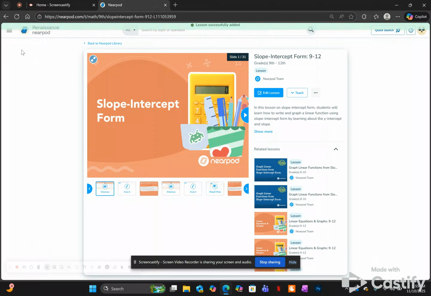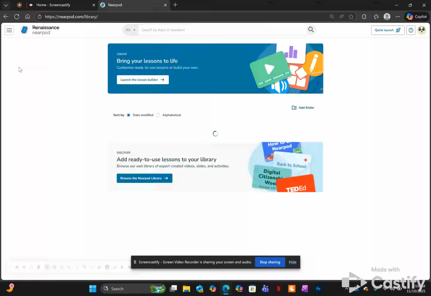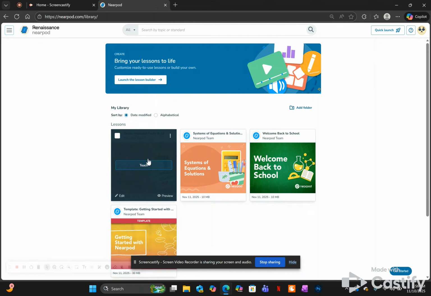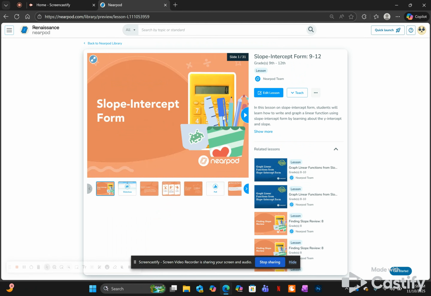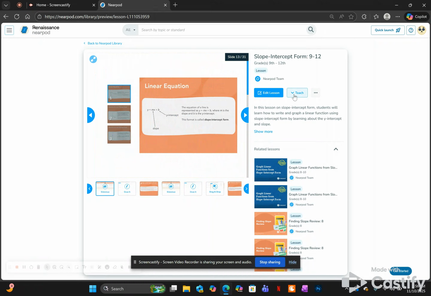Right next to Nearpod, this three-bar menu, you could click here and go to my library. From right here, this is the one I added, and I could teach it, I could edit it, I could preview it still to make sure that everything that I want is on here. So I put teach. There's two different features you could do. You could do the live participation,